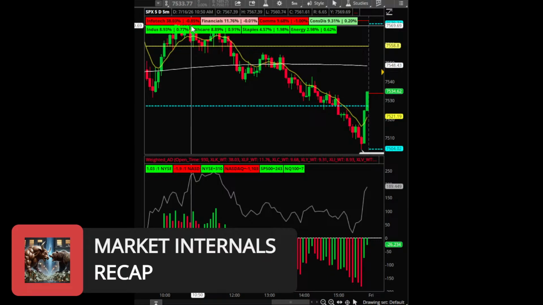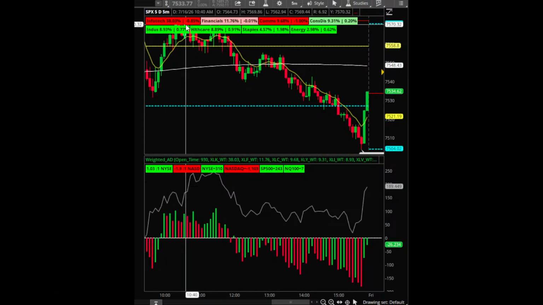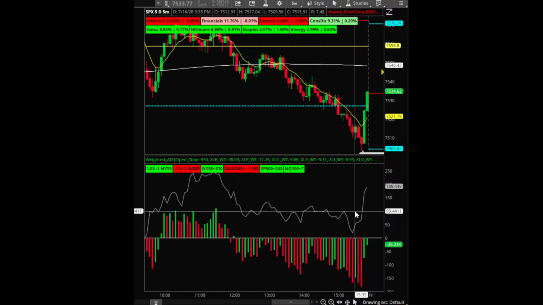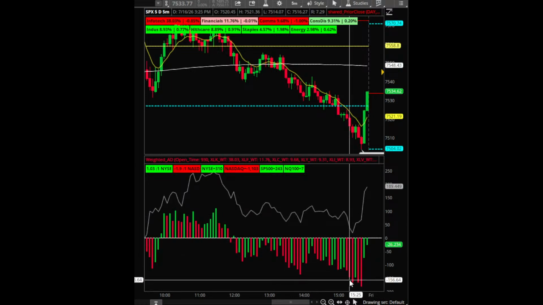Now, even yesterday, tech was down pretty bad at one point, but never got super, super bad. But the top three sectors out of four were red. But you had industrials, healthcare, staples, energy all get money flows. You can see equal weight never was weak yesterday. Even internally, we never really got that weak. We did fall from ultimate balance, which remember I said, the farther away you go from it, big moves happen. That is definitely very true.